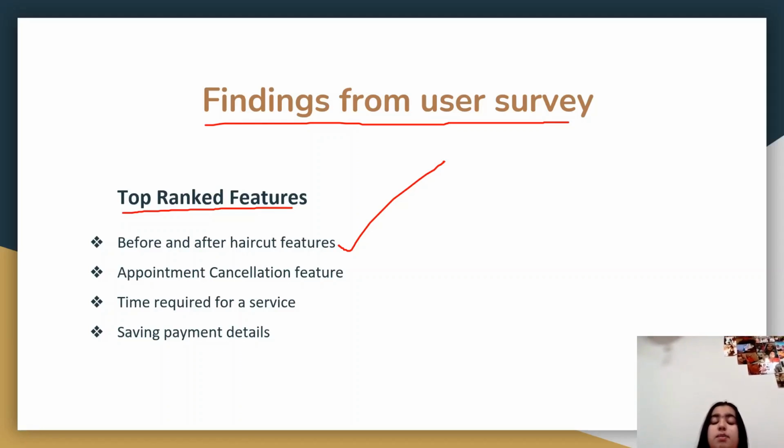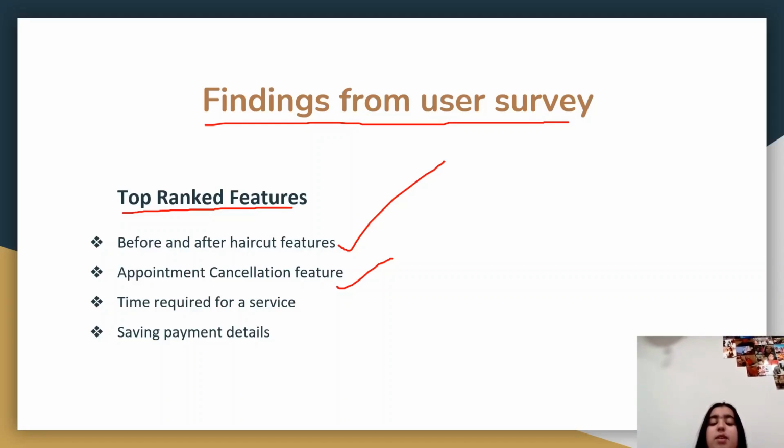People really like this. Second is the appointment cancellation feature, because everyone is busy in their life, so sometimes they don't get time and want to cancel and reschedule their appointment. So we have this feature.